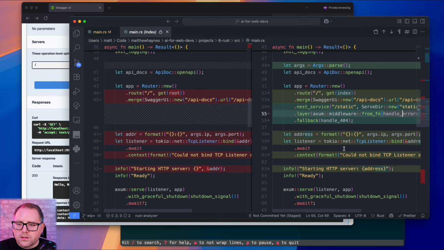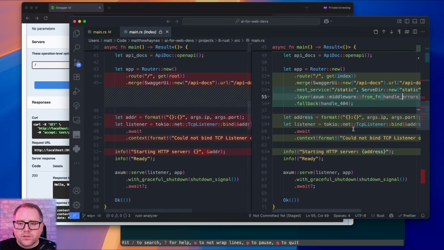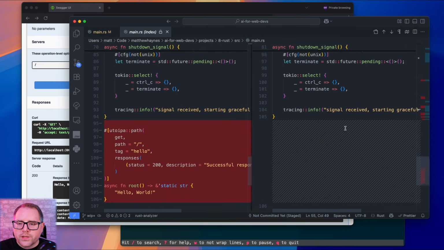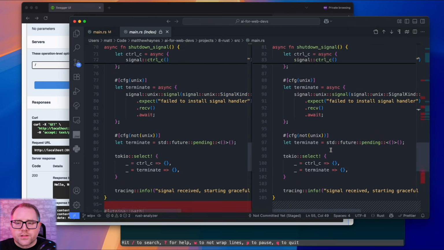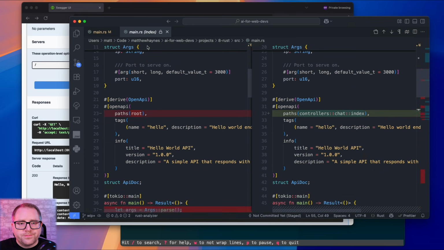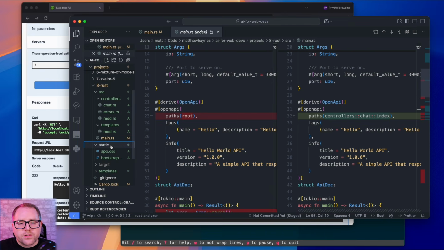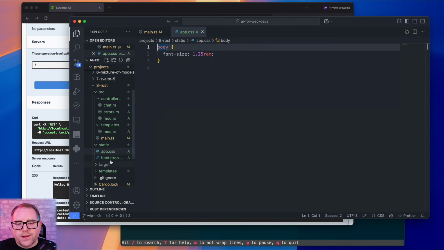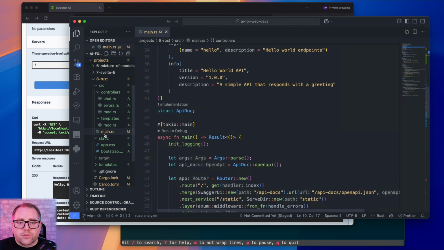In this case, starting, yeah, it looks like some formatting changes, so nothing too big there. And then our root is gone because we're no longer just doing hello world. So changes, let's take a look at some of these other directories. Our static directory is just going to have some basic CSS, nothing too major there. So we're serving from this directory.